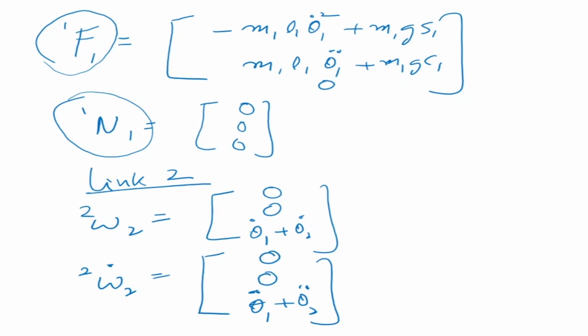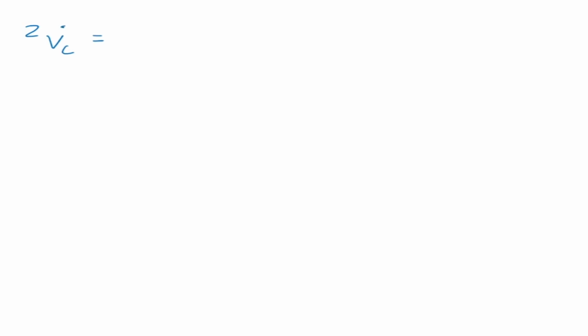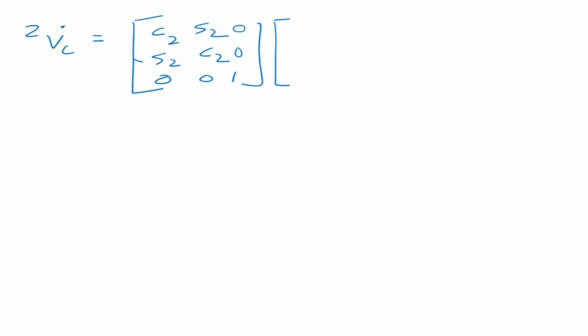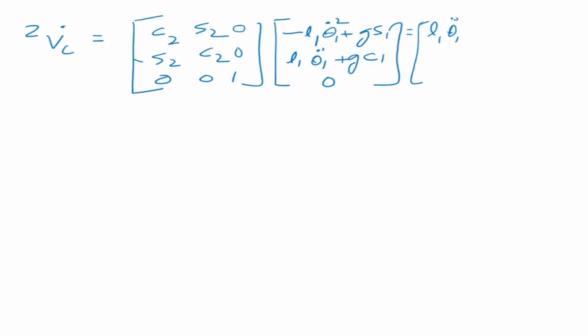Then what we do is we have to compute the linear velocities. Now the linear acceleration is equal to C2 sine 2 cos 2. This is minus 0 0 1. This is 0 0, and then we get the velocity of the previous link. What was that equal to? Is equal to theta 1 dot squared plus g into S1, L1 theta 1 double dot plus g into C1 into 0. Okay, which is equal to, so this term is equal to L1 theta 1 double dot, to minus L1 theta 1 dot squared